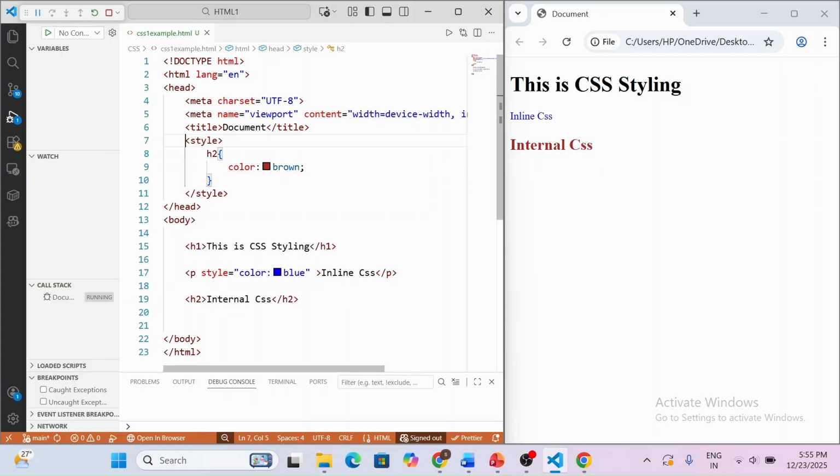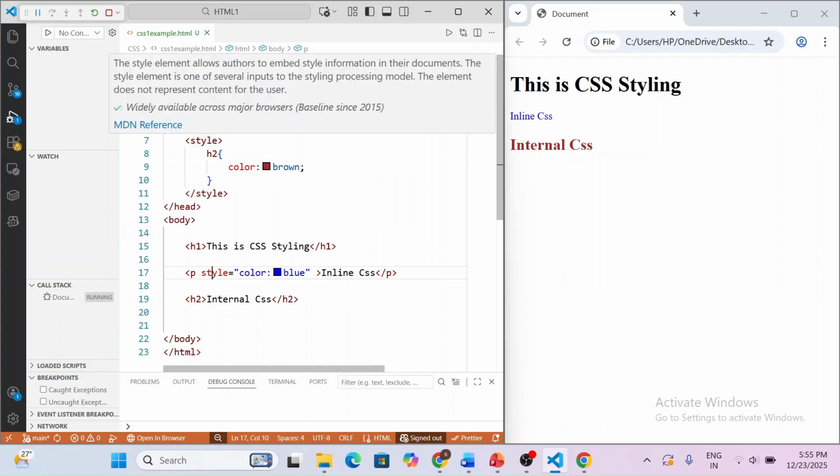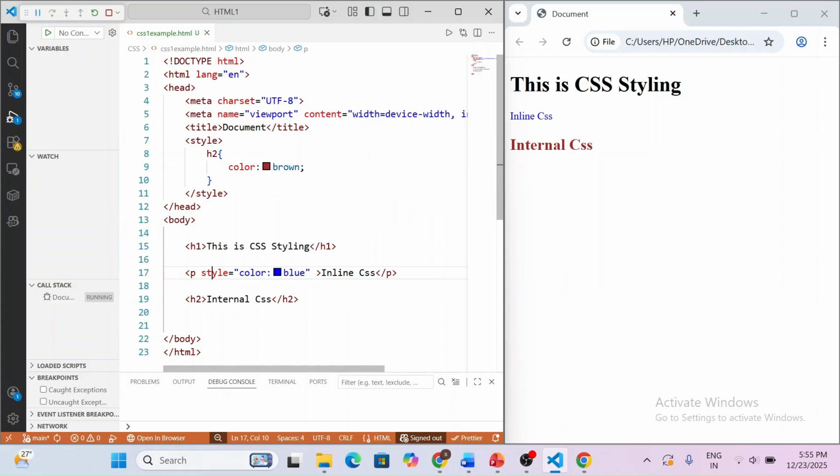Okay, so this is internal CSS. Inline CSS means we are adding the styling with a particular element body. Okay, element body only we are adding with a style tag. So internal CSS means what? We are adding a style tag within the head section of the HTML, and with the element we are adding the color, font or any attributes, any styles we are going to give inside this element, with the curly brace. Now you understood what is inline CSS, internal CSS. Okay,